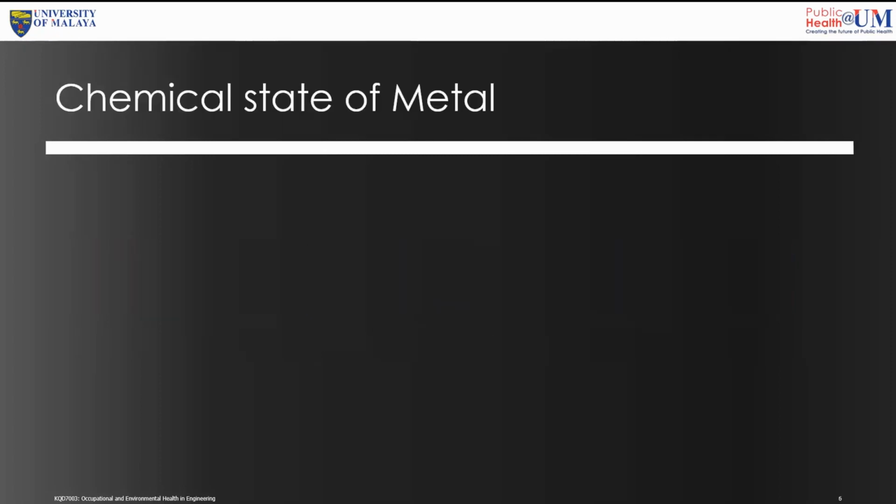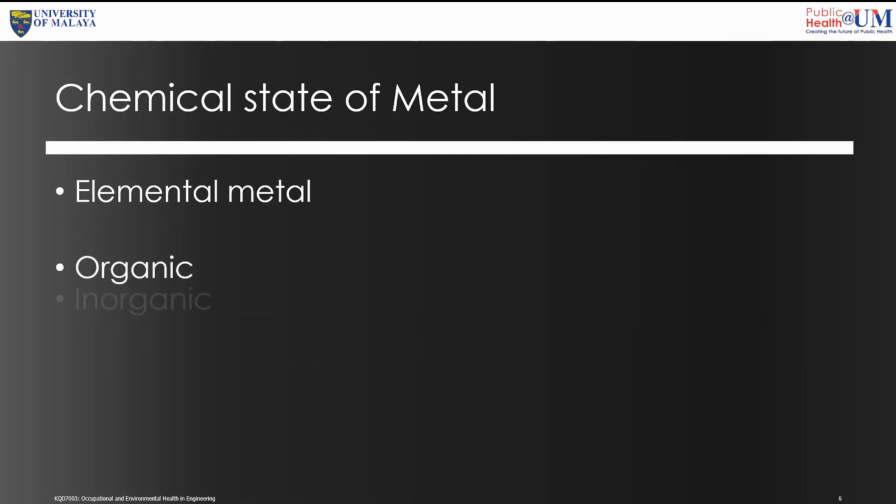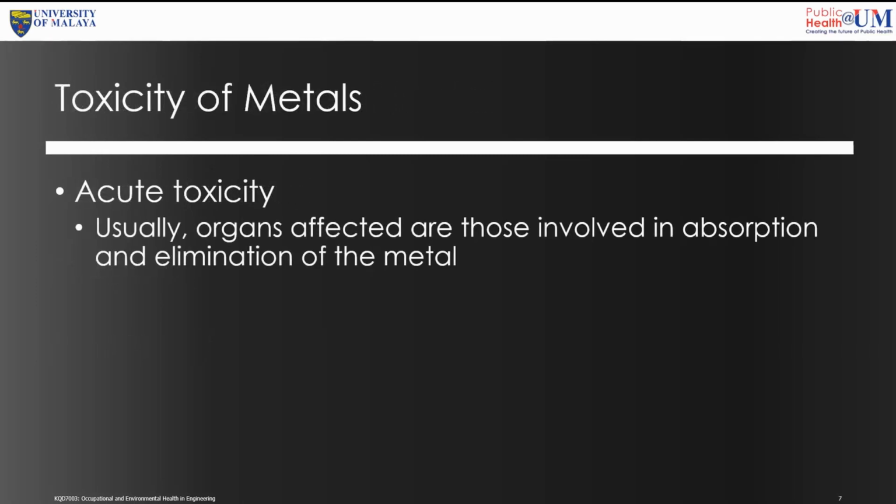So we look at the chemical. Of course, we understand chemicals can come in three forms. They can exist as an elemental metal, as a basic chemical form, but usually they will come in either organic or inorganic form. In nature, you very rarely get a pure metal form without reaction to other chemicals. So of course we understand that any chemicals, any metals